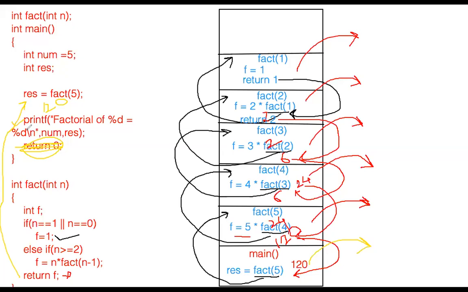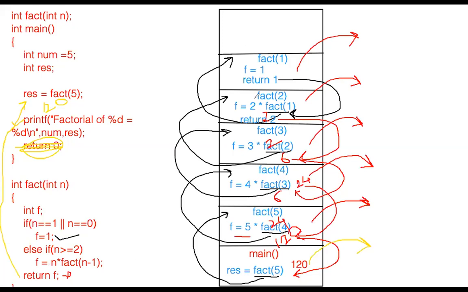So if return 0 is not given also, if there's no further statement given, the function automatically gets popped. When there is no instruction available for execution, your function is popped out. It is executing the function until there is a statement available.